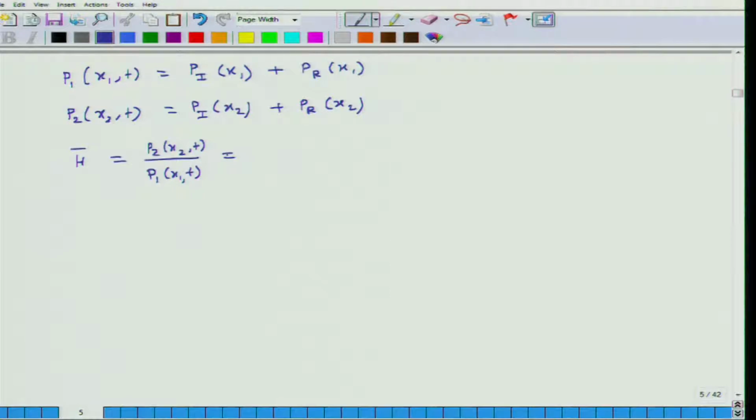My reference microphone here is the first microphone, and with respect to that I am finding the pressure at the second location. Okay? So this is equal to, and if I use these relations and in the place of Pi and Pr I plug in the original expressions, then what I get is